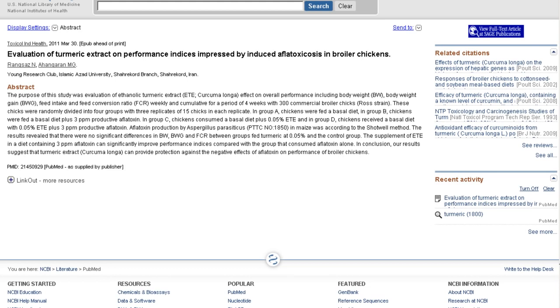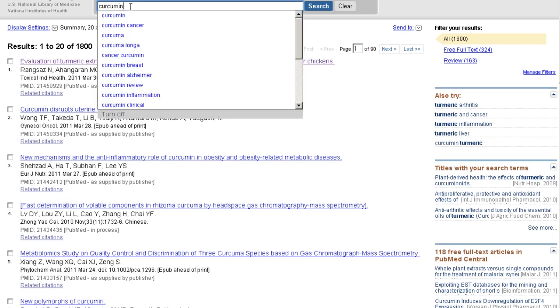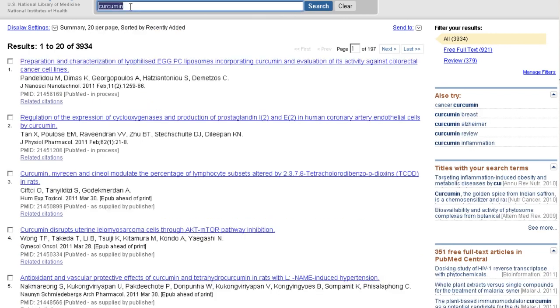Okay, let's go back. Now, turmeric is the whole plant, and oftentimes in the medical field, they're looking for magic bullet constituents. So curcumin has become sort of the favored constituent in this complex plant, which includes over 1,000 naturally occurring phytocompounds. So curcumin is the primary polyphenol antioxidant in turmeric, and if we type in curcumin and we search, we find